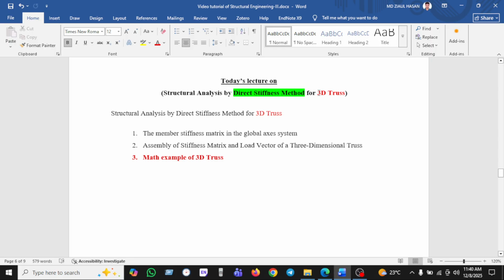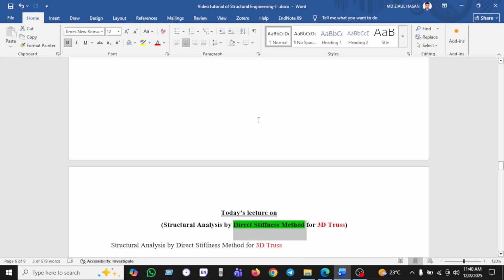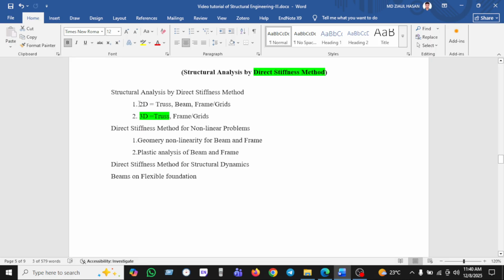Now we can apply the direct stiffness method to solve various structures, such as 2D truss, 2D beam, or 2D frame. In this way we can solve 3D truss, 3D frame, 3D grid, and many more. We can also use it for non-linear problems such as geometric non-linearity of beam and frame, plastic analysis of beam and frame, and